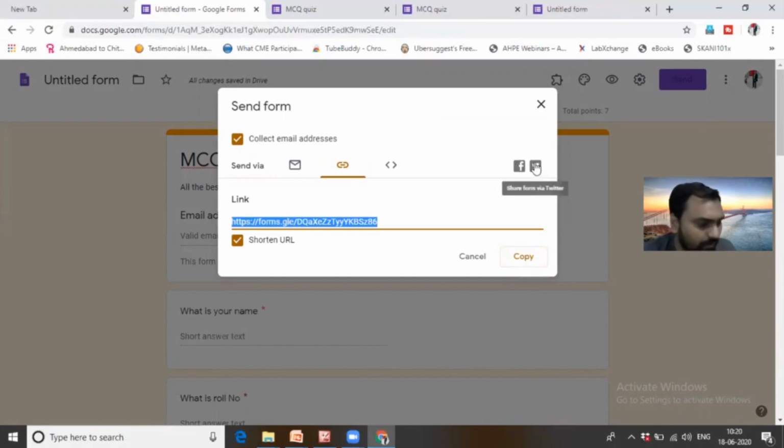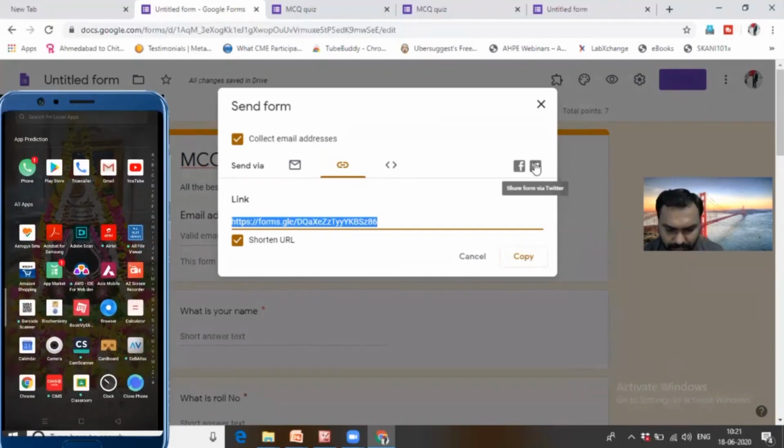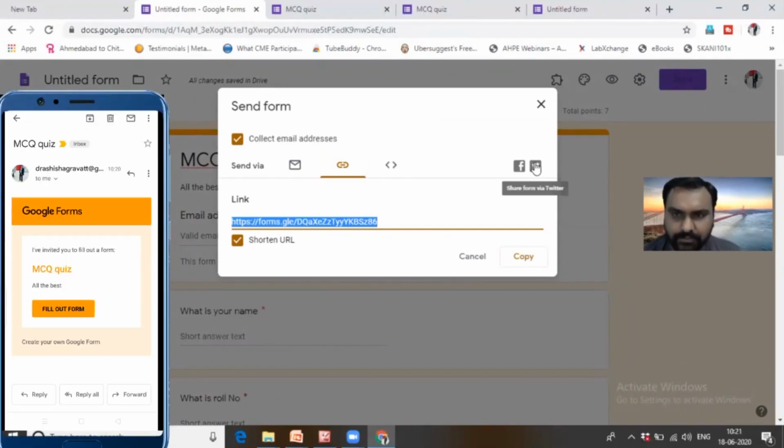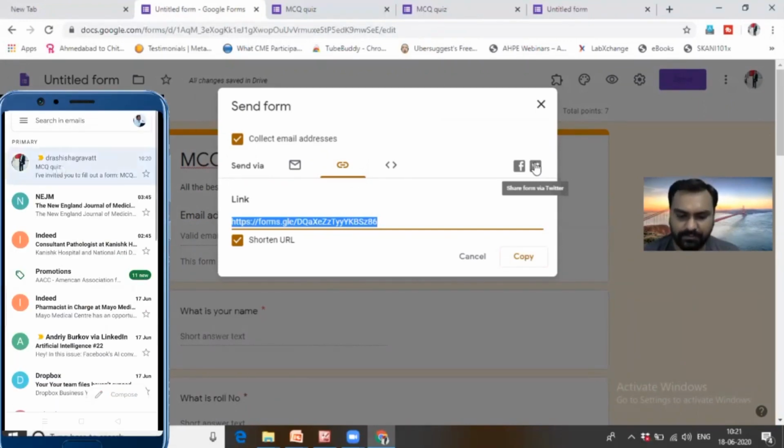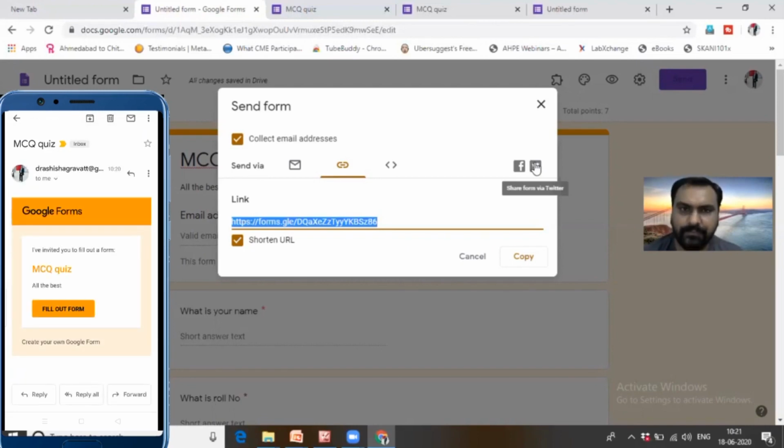Now I will show you how to use it on the mobile. So I am now sharing the screen with you. Okay. So I have received this email. I have to select this, fill out this form. So click on this fill out form.